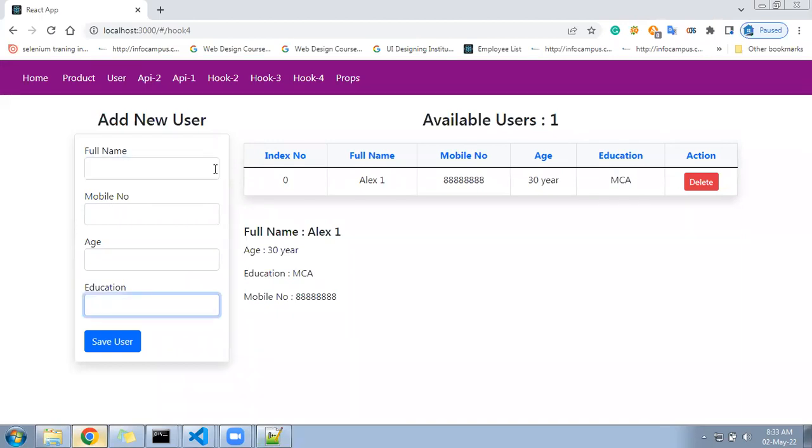So we are going to take the copy of hook 4 file so that we will avoid rewriting this form design. We will avoid the rewriting of table. Just data will be as usual. Instead of storing in array, it will be posted to the backend. So quickly you can